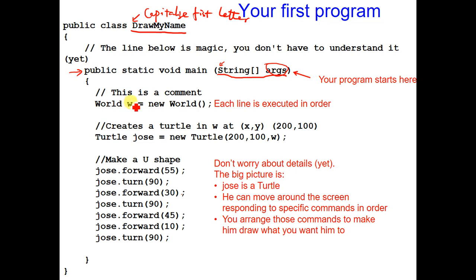So as of now, just say, if I want to write code, I pick a class name, I write my main header. As for what they are, forget about that as of now. And then inside your main, you have this matching curly bracket, and also in your class, you have this matching curly bracket. What I would recommend you to do is whenever you type in a curly bracket, you always type a pair of curly brackets.